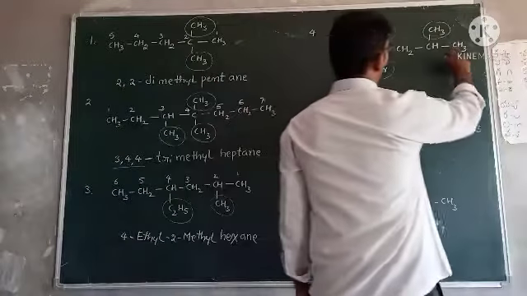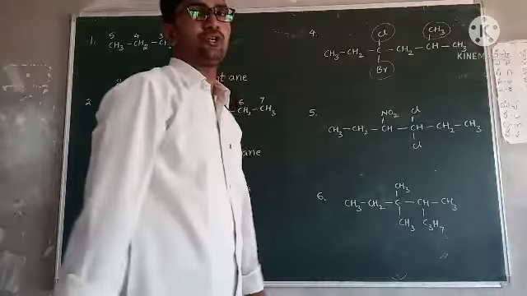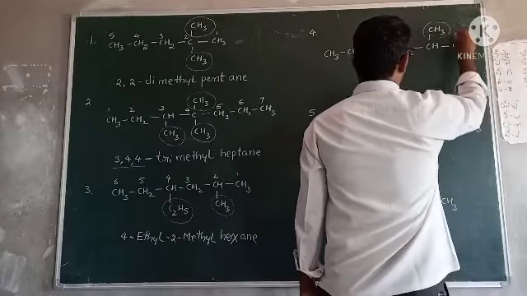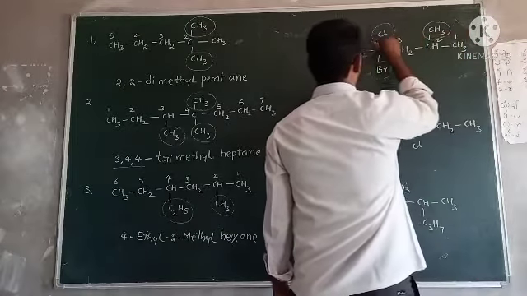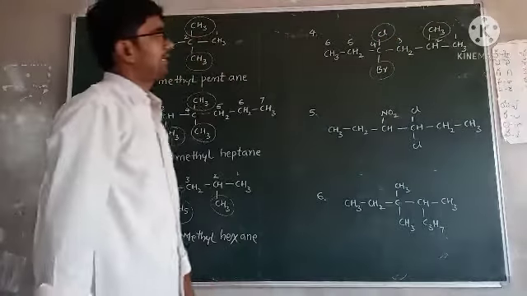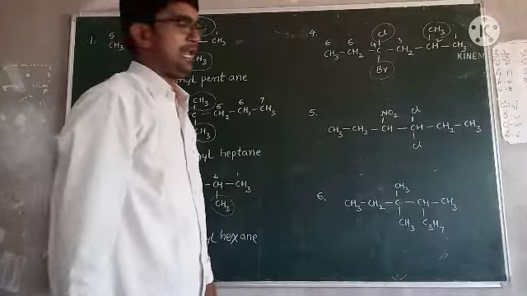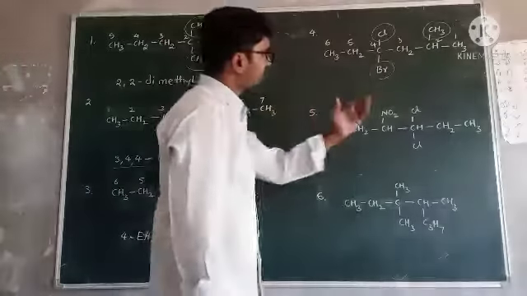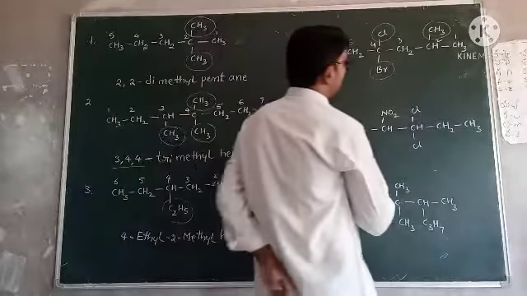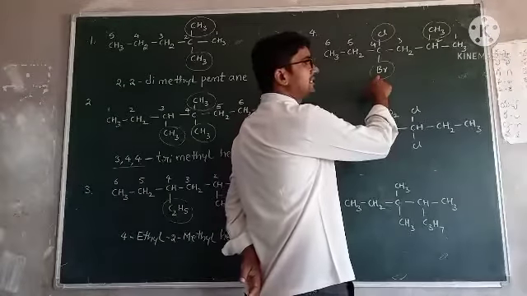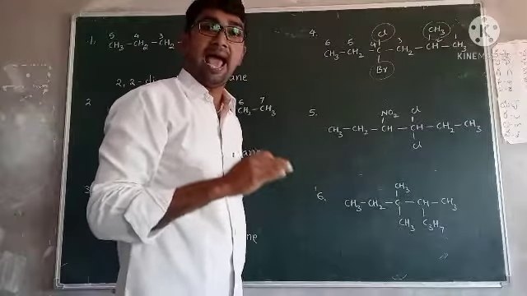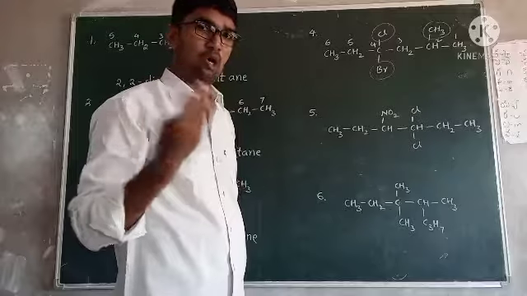From that side, 1, 2 at second position is present. So from which side means from that side, give the numbering. 1, 2, 3, 4, 5, 6. Very good. Numbering completed. Now write the name. Write the name means what you have to follow. First substitutions. Once check the names on substitutions. This is halogens type. For halogens, how to write that one means halo. Write the name as a halo.